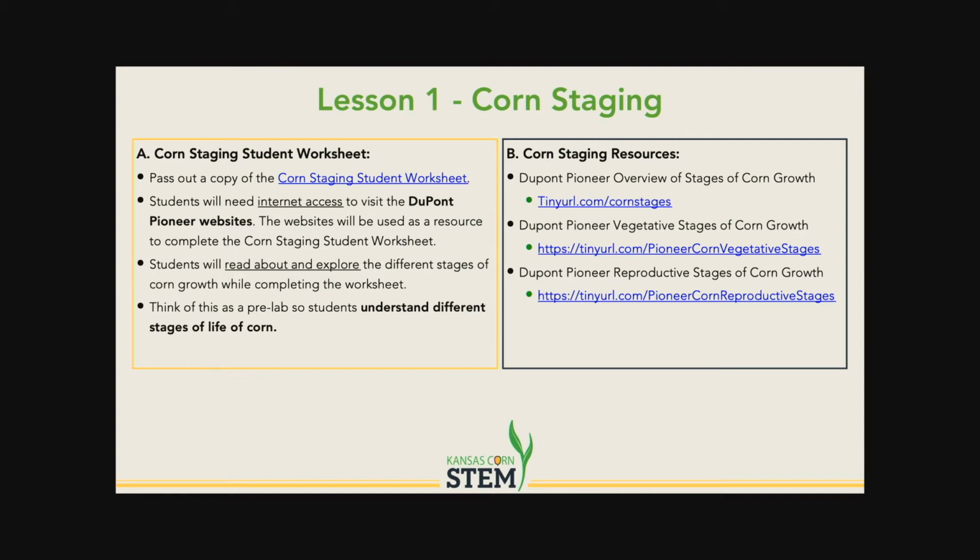So the first one right here, lesson 1, is we're going to look at the growth stages of corn. Now, there is a student worksheet on here, and this is kind of a neat activity that you can use as a pre-lab. You can hand this to your students and ask them to do a web quest, go and explore on the internet